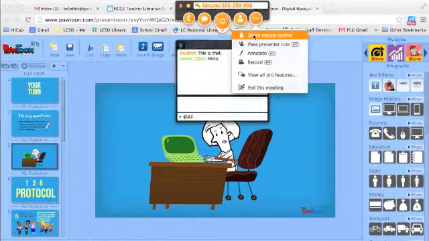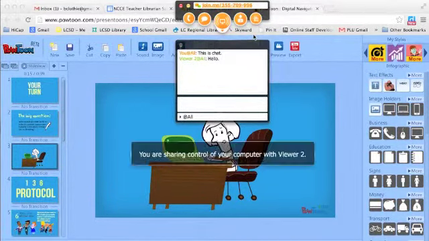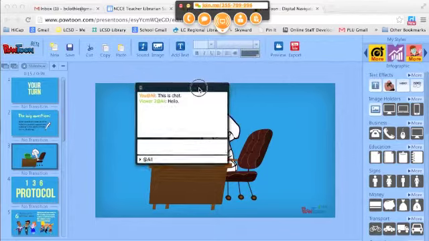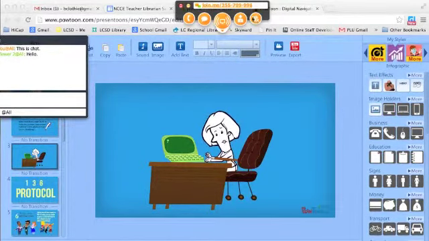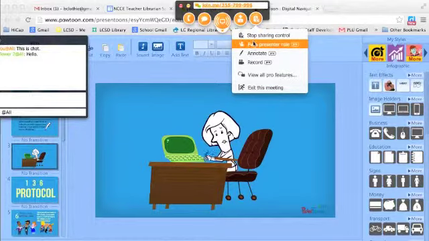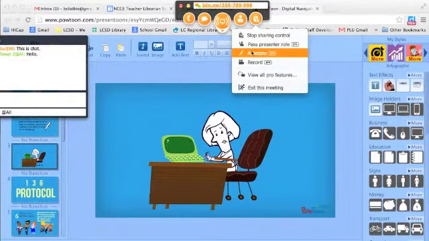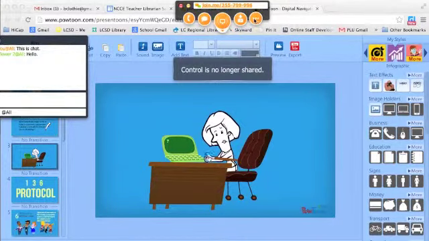Notice that I can also have a co-presenter, so I could share the mouse control. I could also hand it over to my participants and allow them to operate and demonstrate, so you could have some collaborative work that would happen there. You can pass a presenter role, so you could see somebody else's computer. There are some other tools there,